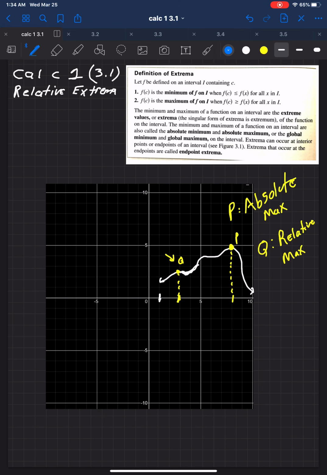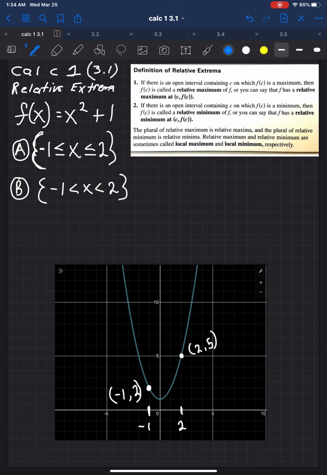That is the language that I'm going to use in this section. If you maybe don't like me, maybe you go and find another video, which is perfectly fine. You may hear them say, instead of absolute maximum, global maximum or global minimum. Okay, so now let's continue with our lesson. We have a few definitions at hand, and we're going to jump in and start talking about relative extrema.